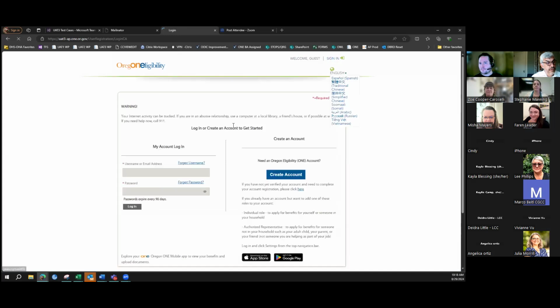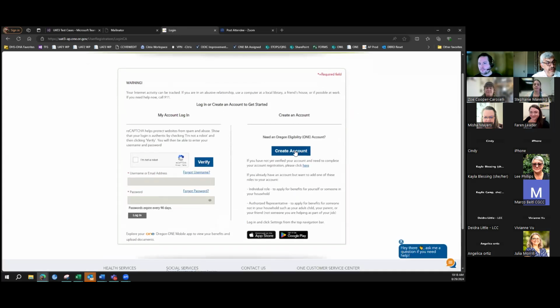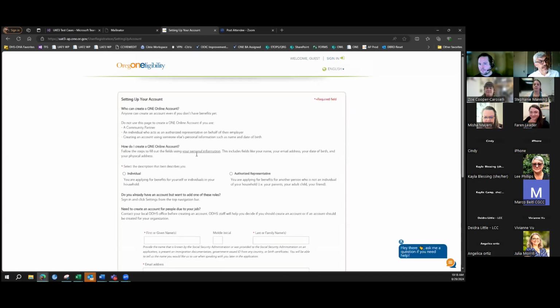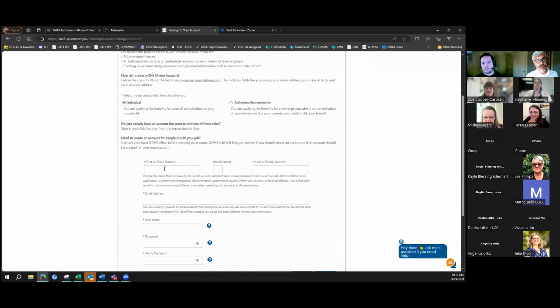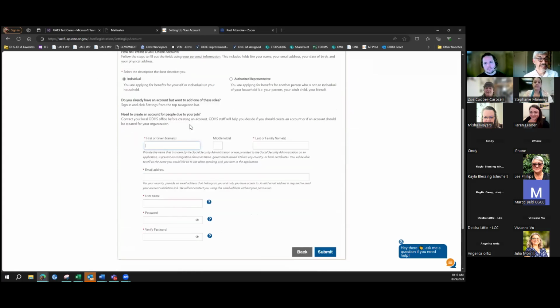While you're setting that up, Pamela has a question. If a client already has OHP and just needs to apply for SNAP, can the eligibility worker use their information that was already uploaded into the OHP application, things like IDs or passport copies? If they already have it and it's in the system, there's a lot of data that can be used to make the SNAP application easier. Of course, SNAP has its own questions, and SNAP will still require an interview too, though. That's my very brief understanding. Andrew, if you have other comments on that.